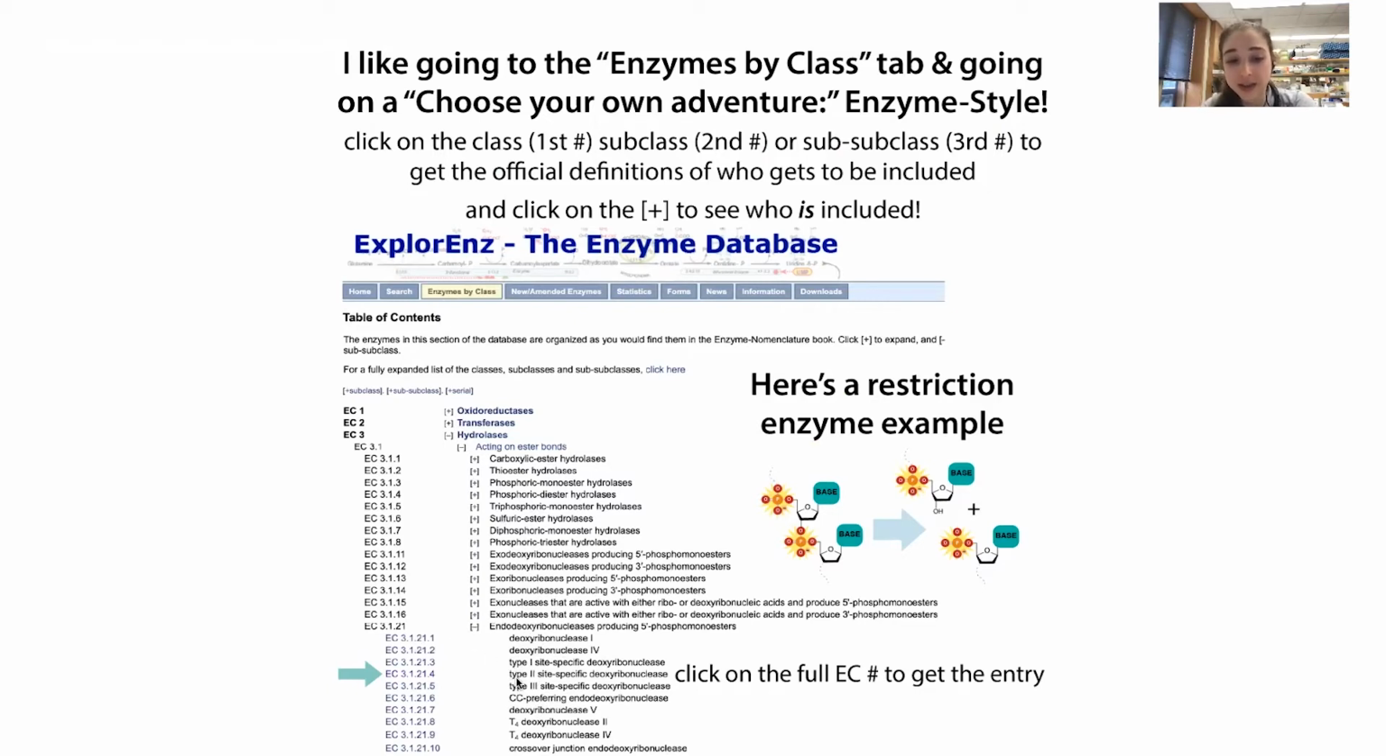And so you can see that the other things in this class are going to be other types of restriction enzymes and that sort of thing. So there are similar things around it, but this is going to be the unique entry. I'll take you on a live tour of ExplorEnz in a minute, but first